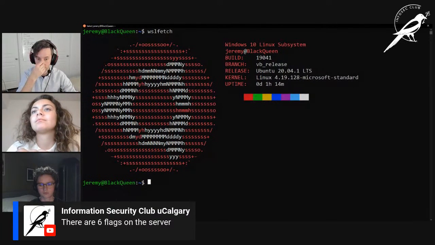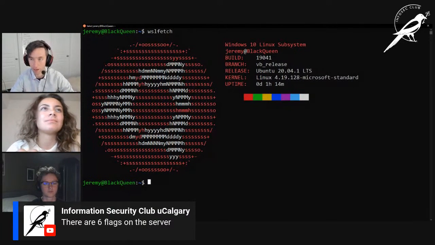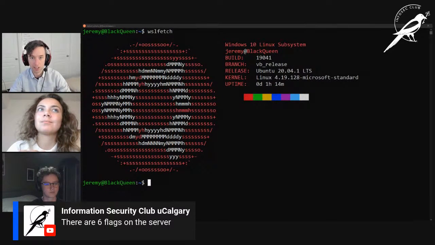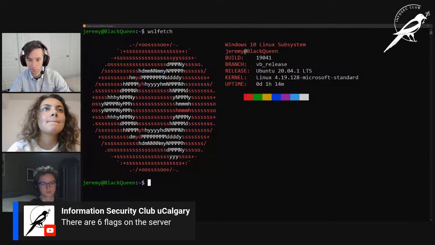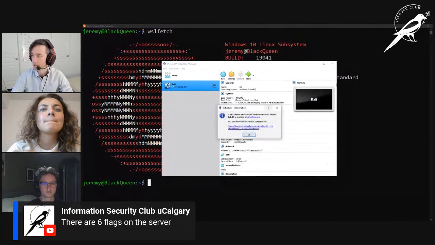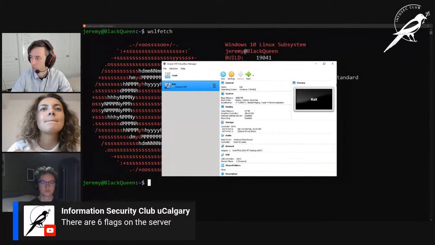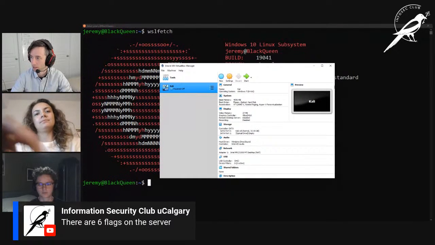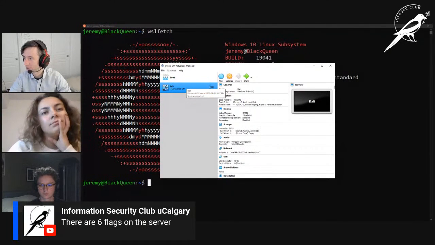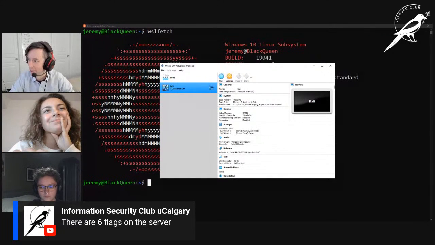Otherwise, VMs, virtual machines, which I can show you. It looks like a program that runs another server in your computer, or runs another operating system in your computer. So this is VirtualBox, the program. These would be the other operating systems that I've given it, or that I've installed. I only have Kali, and when I tried to do this last time, it gave me an error and quit. So we're going to try booting it up.